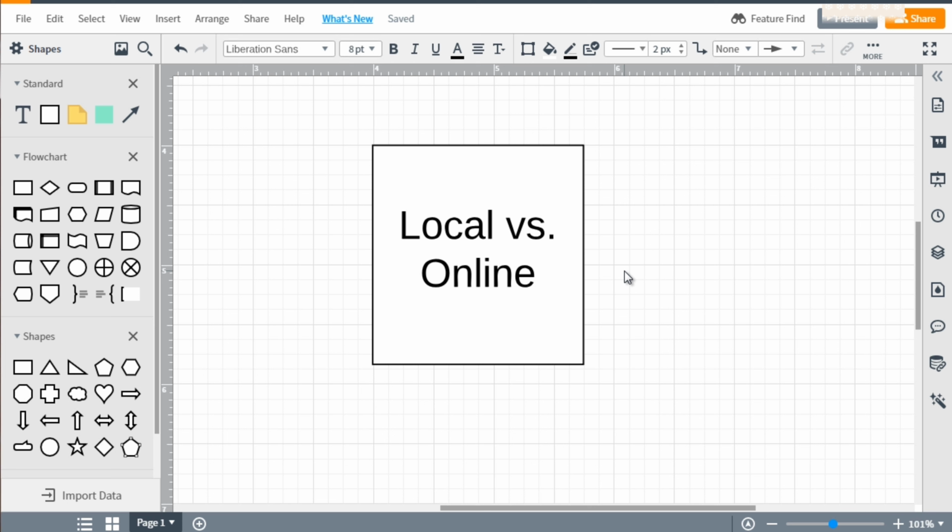So when it comes to local versus online, what I mean by that is if you are, let's say, a plumber, and you're trying to get leads to your plumbing company or your accounting company or your massage therapy company. If you're local, it's a lot easier because all you have to do is simply target a specific radius, zip code, and go at it. You don't really need to do a ton of market research and all that. Now, you do need to get an idea of who you're targeting, but it's a lot easier than online.